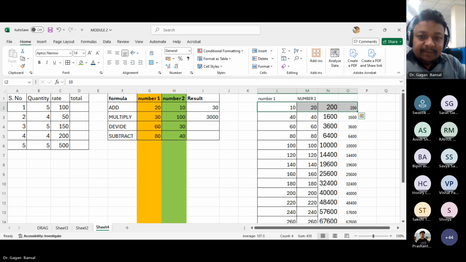जस्ट 1 सेकेंड, किसी को अभी तक कोई डाउट है तो पूछिए।